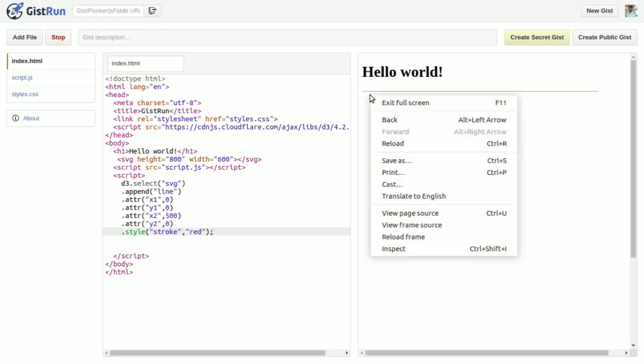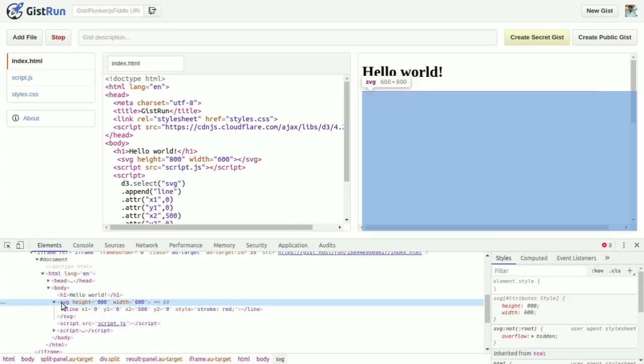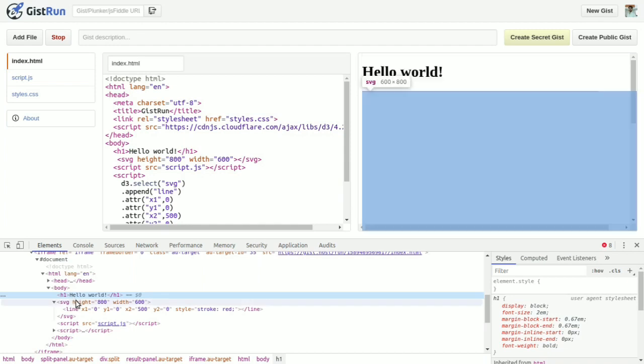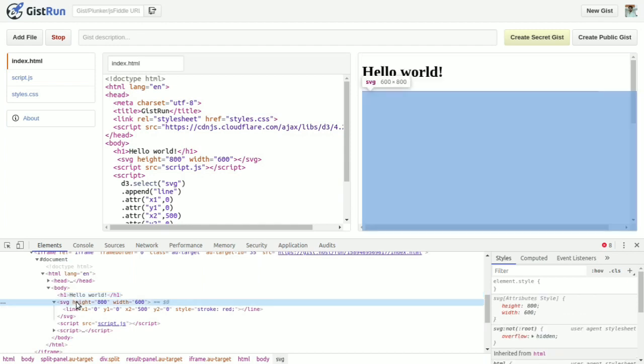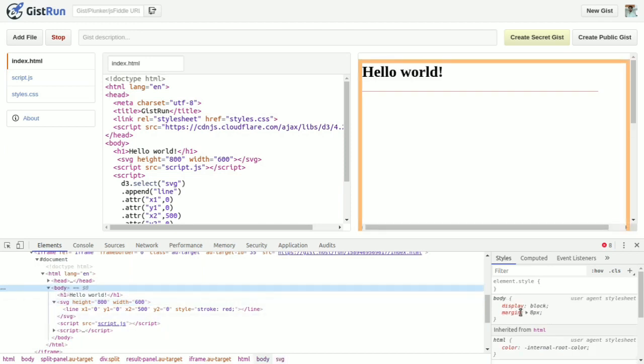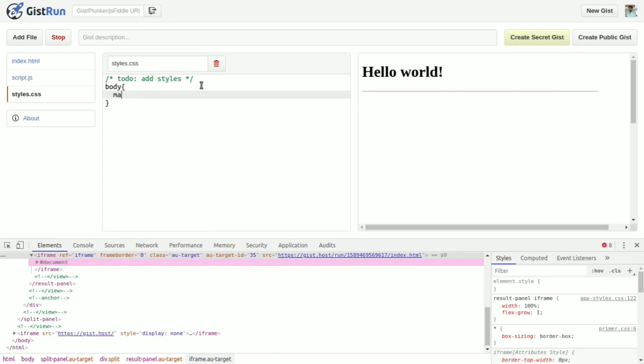The h1 tag ends over here and our SVG starts from here, so there is some space between the body and our SVG element. The body tag has a margin of 8 pixels, so we can remove it. In body I will set margin: 0px.